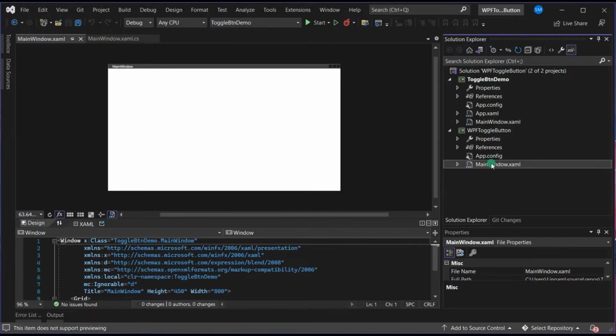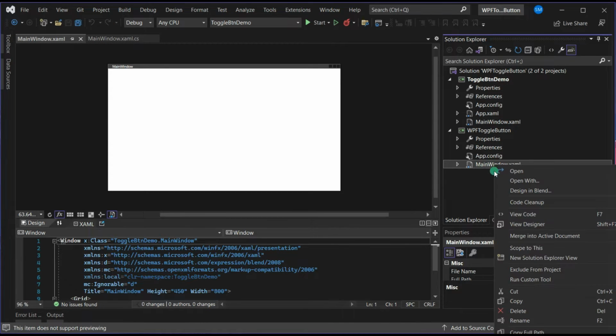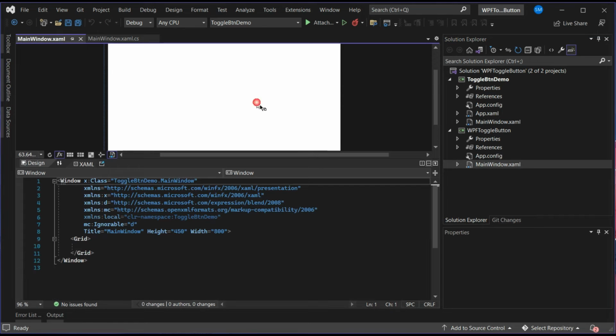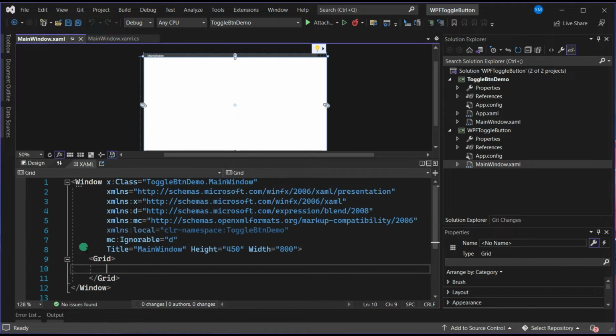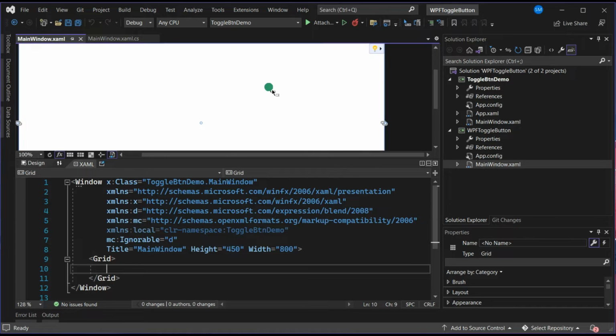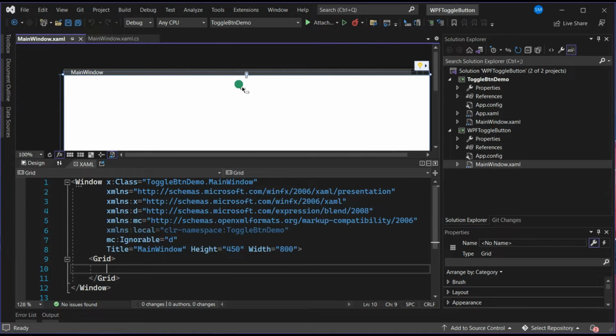And we don't need a main window as well. But okay, let us have this main window just to prepare the layout. And once the layout is prepared, we will start working on our application. So remember, this main window is only because I'm trying to prepare a layout. Other than that, nothing. So let's start with a border,